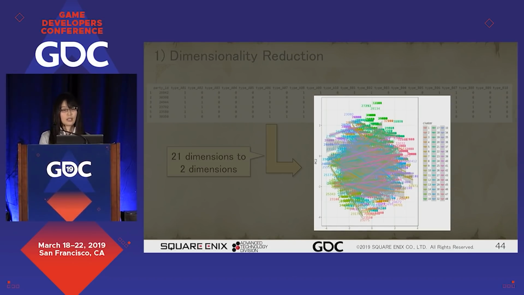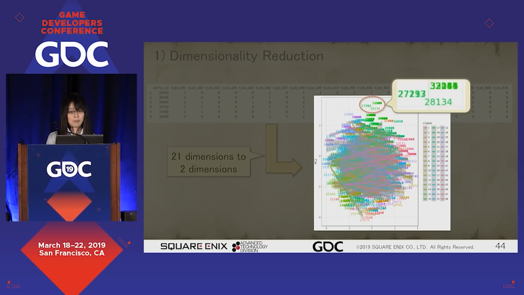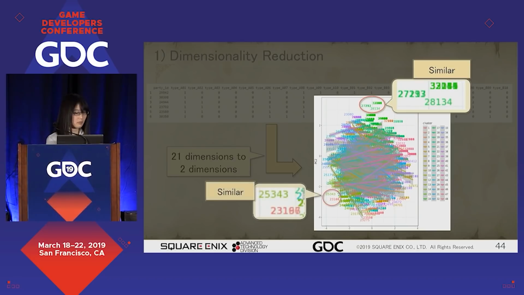For instance, if we want to find parties similar to one of the parties at the top, the green parties located at the top are all very similar to each other. Each number corresponds to a party ID. On the other hand, if we want to find a party that is largely different from a green party, the parties located at the opposite, in this case at the bottom left, will be great candidates.